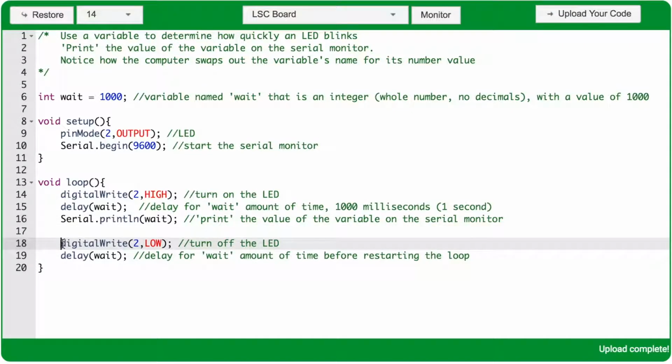The next line of code is a digital write function with the arguments to and low that's going to turn off the LED. We'll delay again for wait amount of time, which in this case is 1000 milliseconds or 1 second, before the program reaches the closing curly brace of the void loop, jumps back up and runs this digital write function again. So let's upload this code